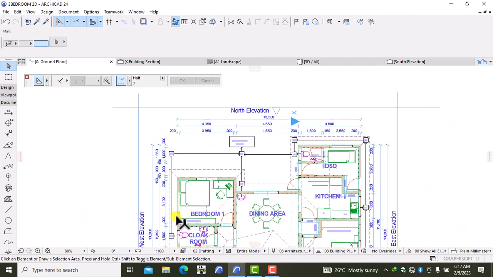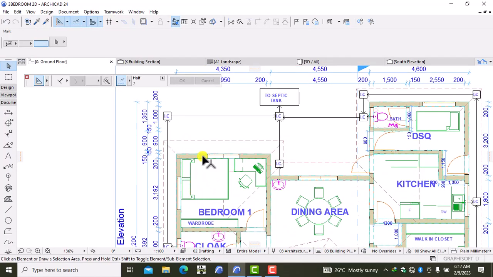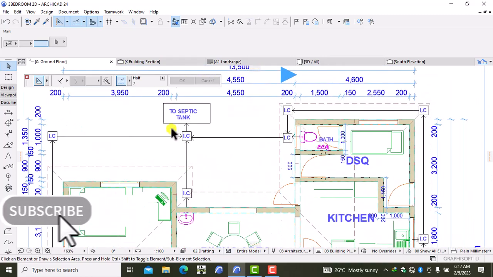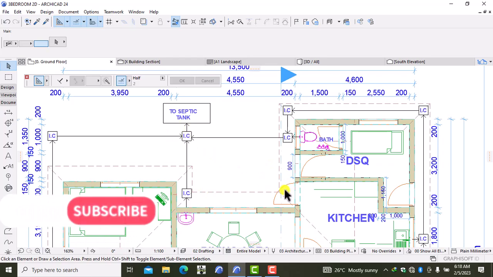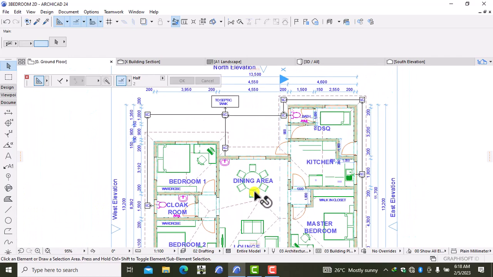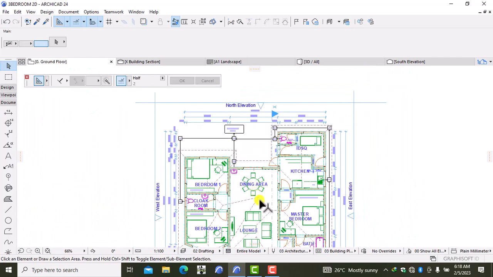the detailing of our waste all the way to the septic. So yeah, that's where we left off last time. Now what I want us to create